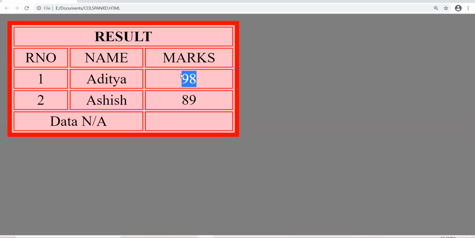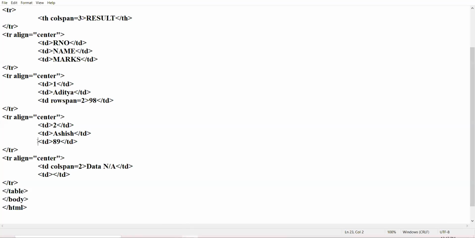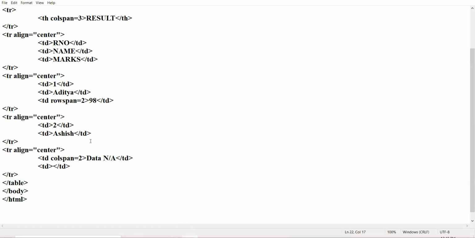If this cell is merged with the last cell of the fourth row, how many cells will be in the fourth row? Just 2. Just 2 cells. This cell will be eliminated.